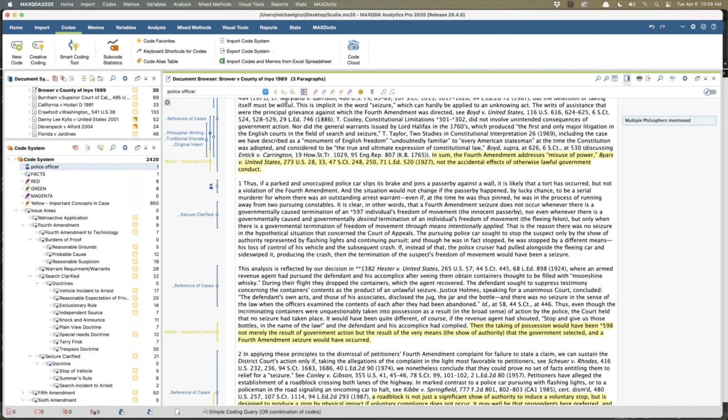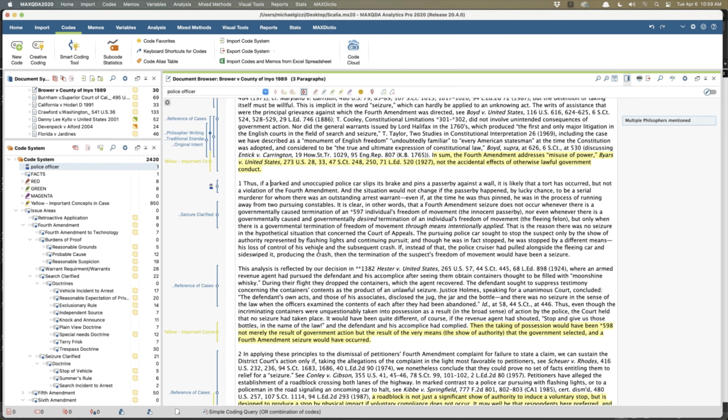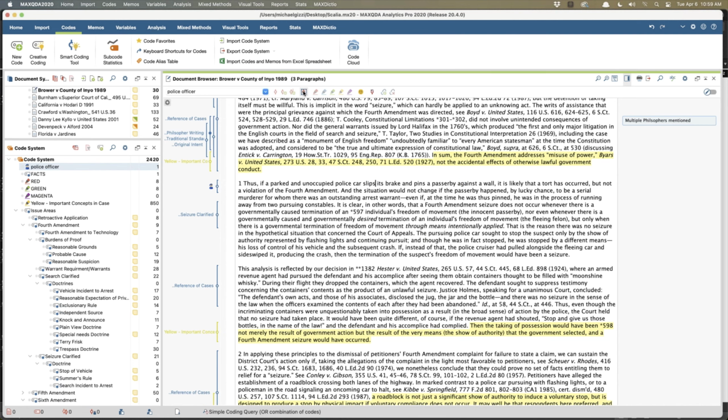Open coding mode, which is interesting, so I turn that off. If I highlight, it does nothing. In open coding mode, I highlight, release, and it automatically gives me an ability to create a new code. It's like on the fly. I don't actually have to go through the process. I can just engage in open coding. Just highlight, and it creates it. That will keep doing that until you turn it off.